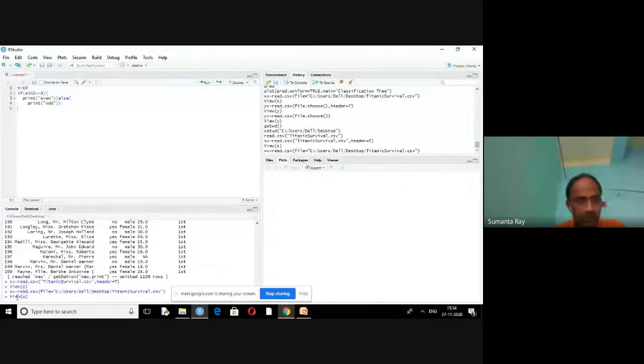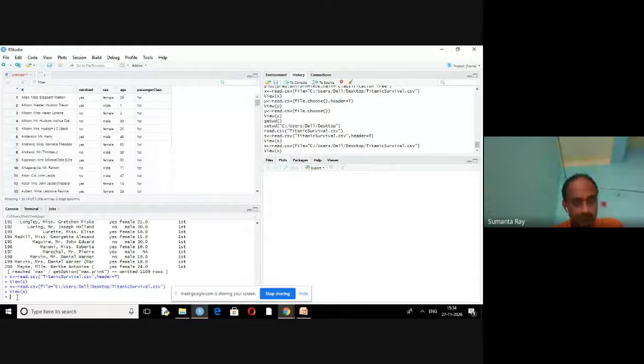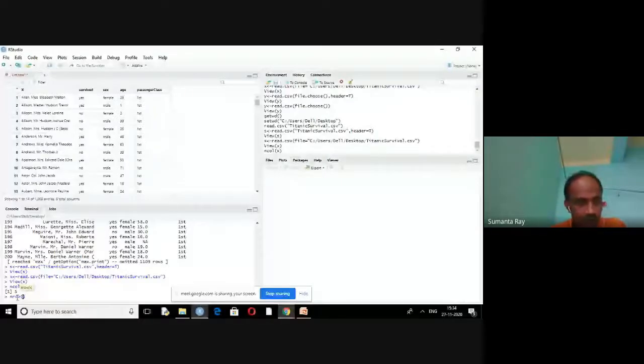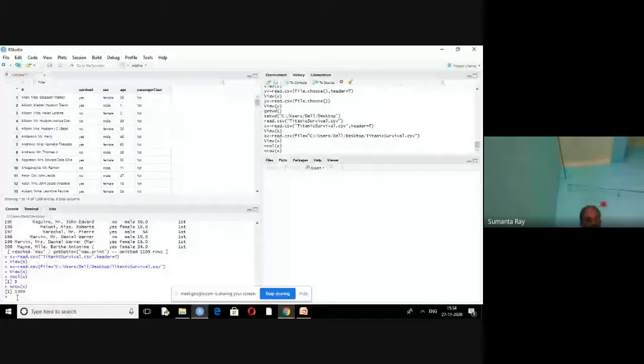Here we just check the number of columns in X, the type of each column, and how many rows there are. There are 1309 rows. It is not a big dataset, it is a medium dataset, that is 1309 by 5.